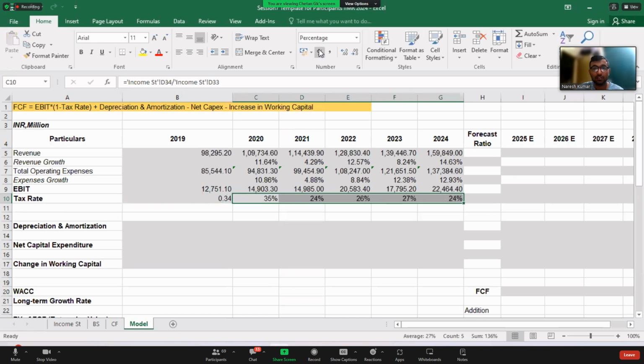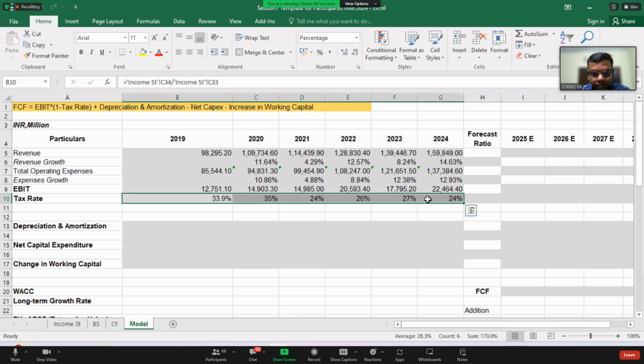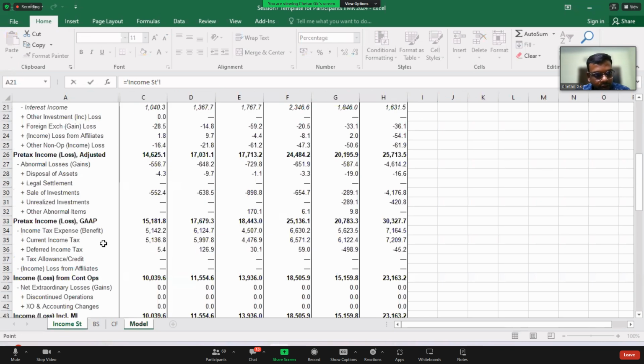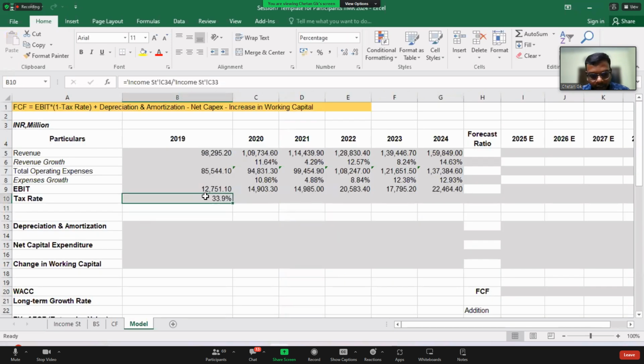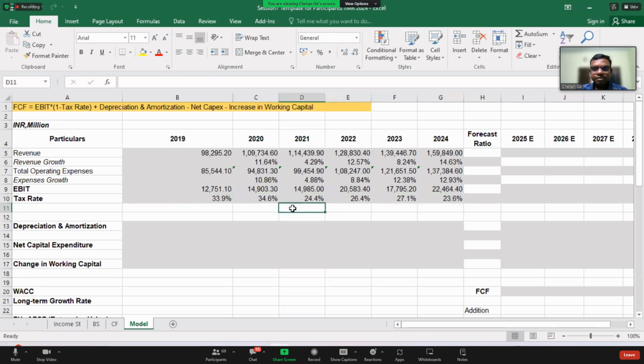So how is it converted into percentage? You have to do percentage. Shall I show you once again? This divided by that. So this is equal to income tax expense, that is 34 divided by 33. Enter. And I copy this and paste for the rest of the cells.